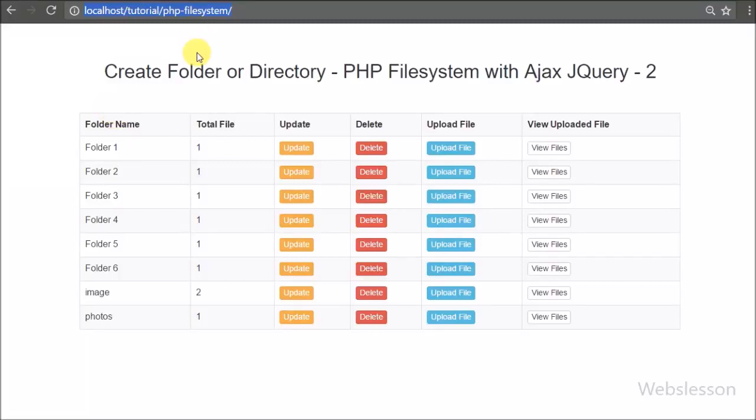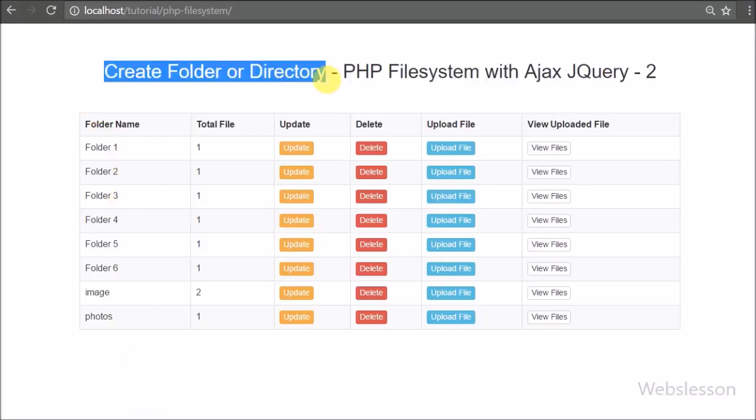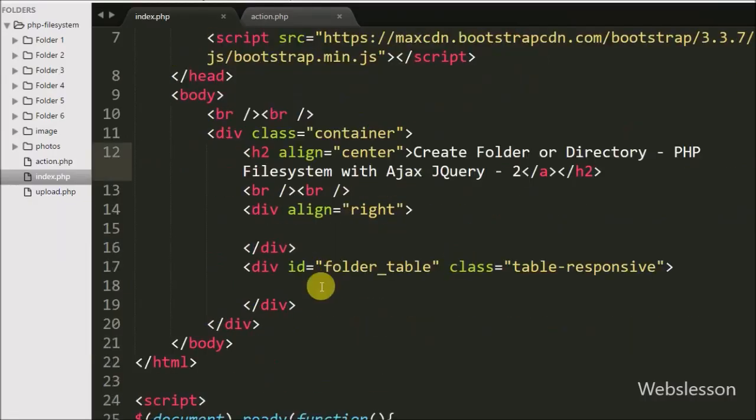Hello friends, in this part we have discussed how to create a folder or directory by using a PHP script with Ajax jQuery. So for this, on the index page, first we have defined one button with attribute type equal to button, name